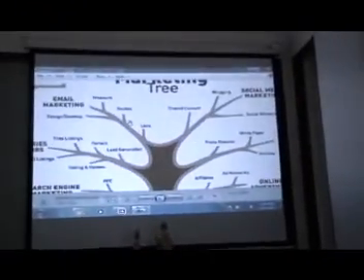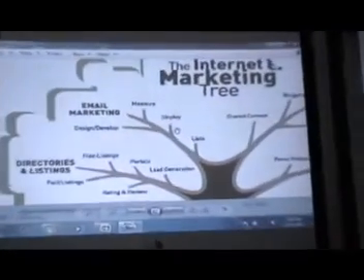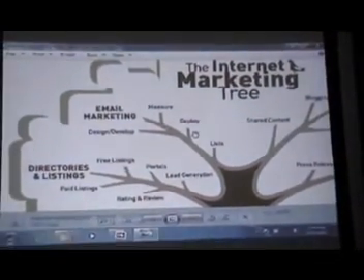If you see there, the whole of internet marketing is not only search engine marketing. Search engine marketing is just one branch of internet marketing, right? Let us take the other branches. One is email marketing, which actually started first and foremost, because